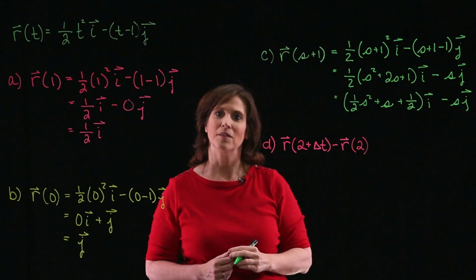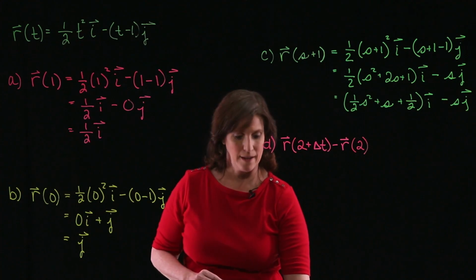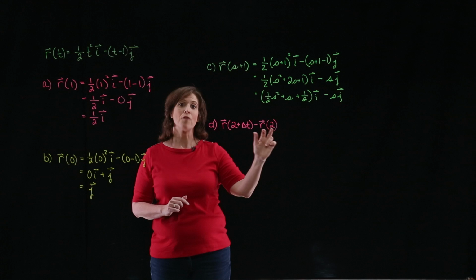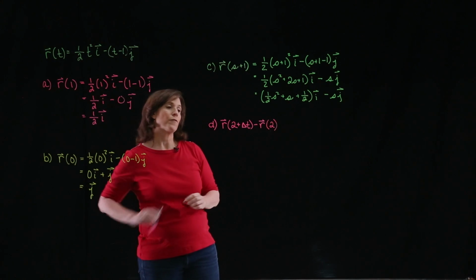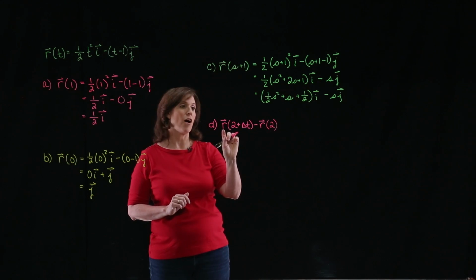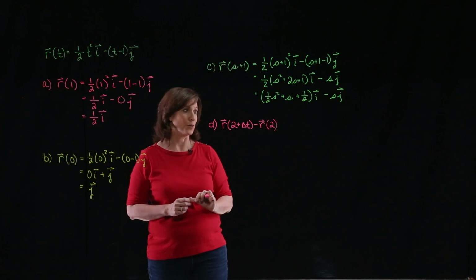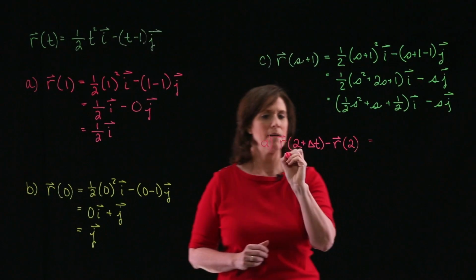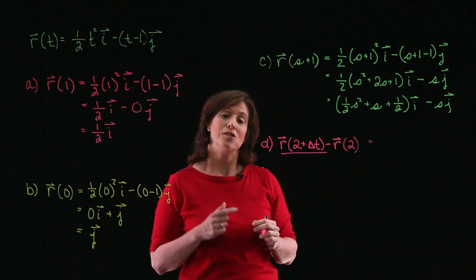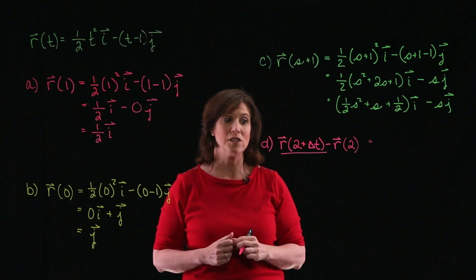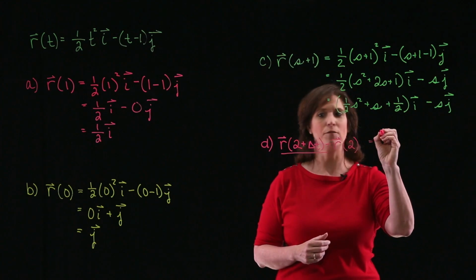times vector j. All right, the next one is even a little bit more complicated because we are subtracting my vector-valued functions. So for the first term, I'm going to be taking r of 2 plus delta t, and then I'm going to subtract r of 2. So we'll begin by evaluating r of 2 plus delta t. So every time I see a t in my vector-valued function, I'm going to replace it with a 2 plus delta t. So that's going to give me